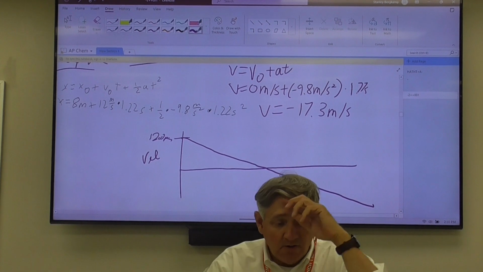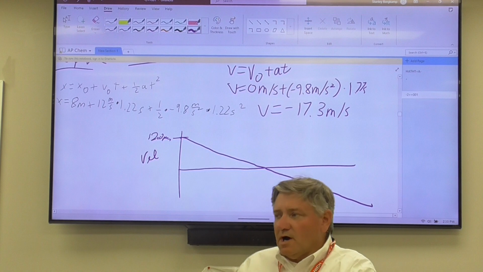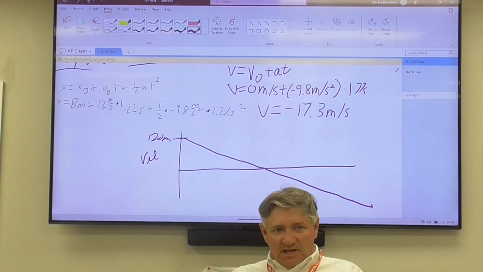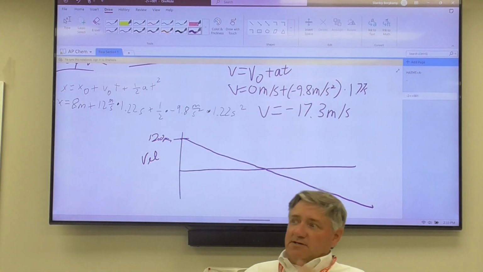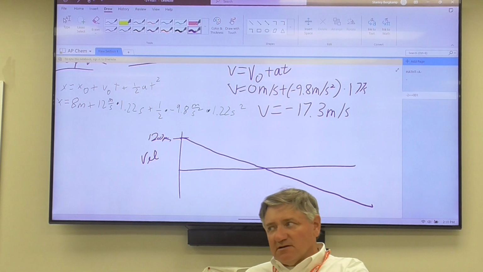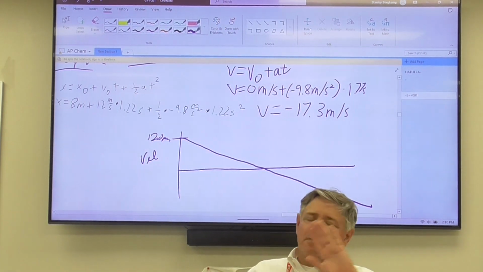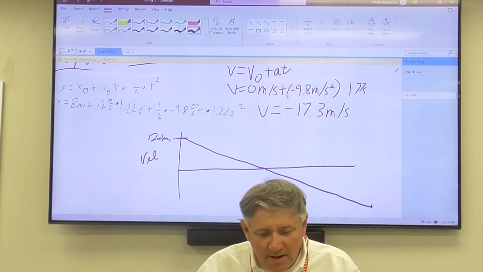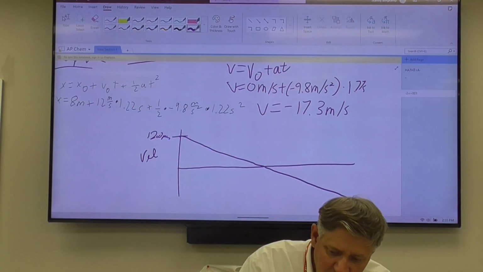Okay. So on this problem, we're not including the toss, okay? We're looking at this from the second that I let go of that ball until it lands, okay? I'm not including the throw. Technically, it starts at 0 and speeds up to 12. We're not worried about that part of it, okay? Now, as soon as you see the 12 meters per second,